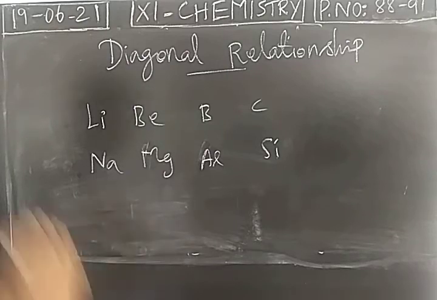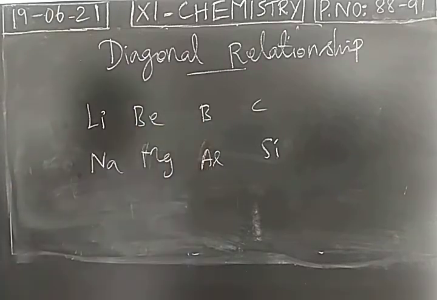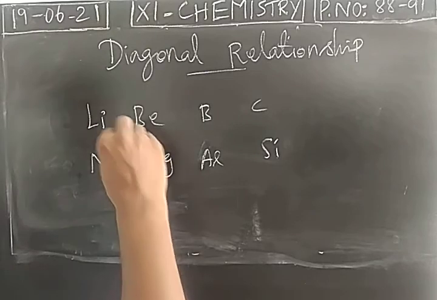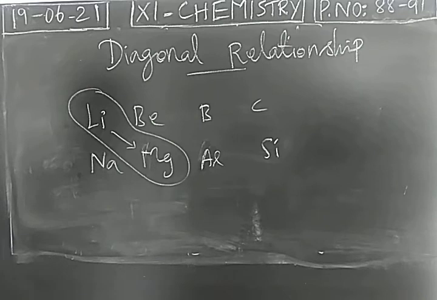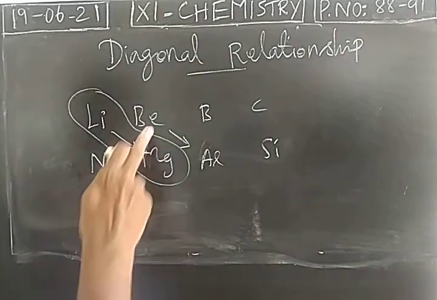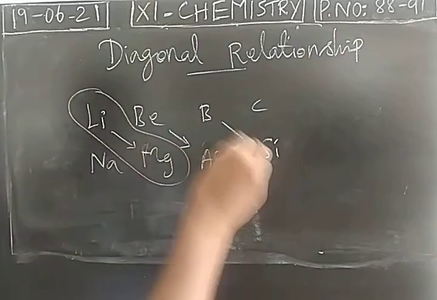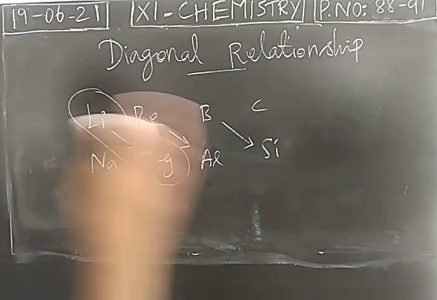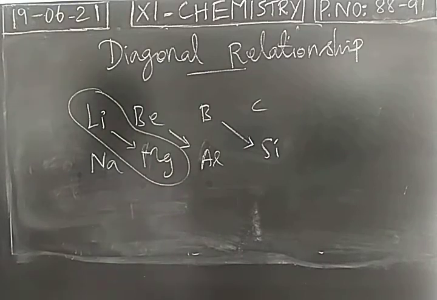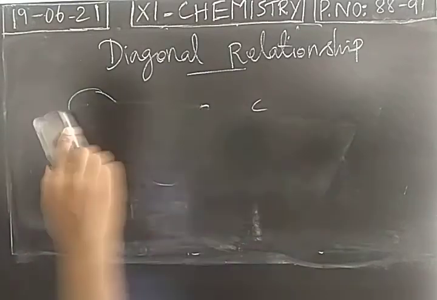We know that. When second and third period elements are considered, the diagonally placed elements will have the same properties. So diagonally placed second and third period elements will have similar properties. It is called a diagonal relationship. Chemical properties of lithium and magnesium will be similar in some cases. In the same way, chemical properties of beryllium and aluminum will be similar in some cases. In the same way, boron and silicon will have similar chemical properties in some cases. So diagonally placed second and third period elements will have similar properties. It is called a diagonal relationship.